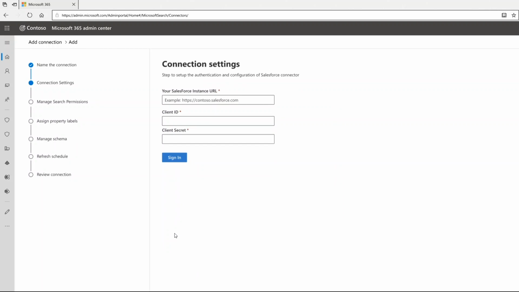To connect and authenticate to the Salesforce instance, he will need the instance URL of the org that needs to be ingested, the client ID and client secret for OAuth authentication. To get those, he will need to create a new connected app in his Salesforce instance. He already has those details, so he simply copies over the information